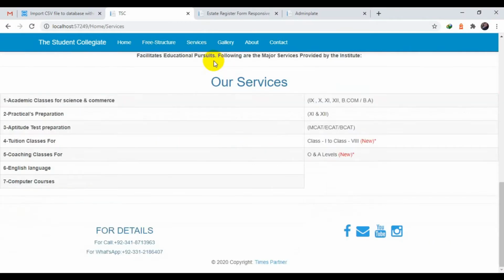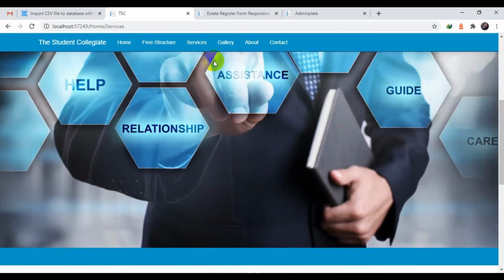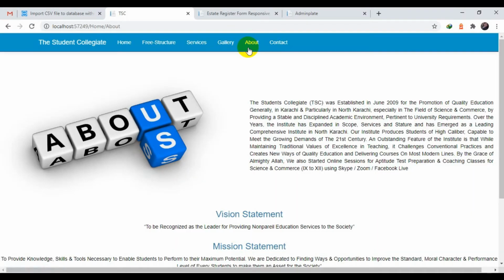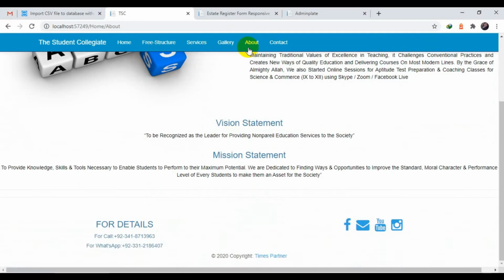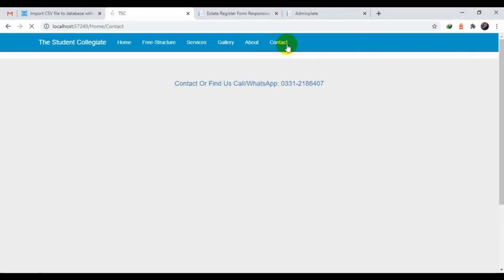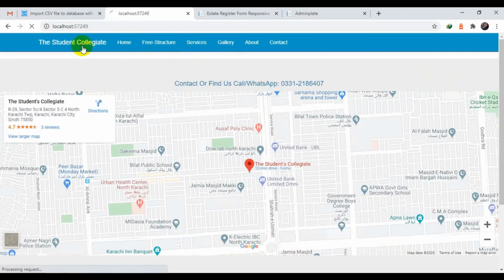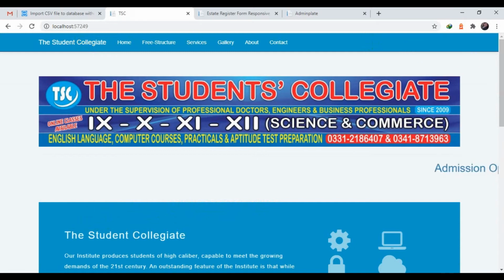I'm not going to show you the pictures and photos. This is the services option, and next we have the about and gallery options. In the about us page we have information about the coaching, and next we have the contact information, in which a Google Map location is available on that page. My internet connection is a little bit slow, so it is not showing, but it is working. This is the home index that the end user will see on that screen.